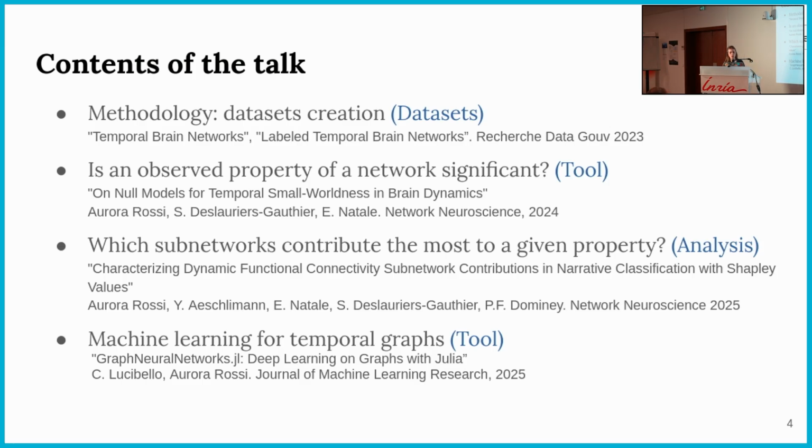And then I will show you an analysis in which we investigate which brain parts, so which subnetworks, are important for a given property. And the last topic is machine learning for temporal graphs. So I will show you what a graph neural network is and how to apply graph neural networks to temporal graphs. So let's start with the first